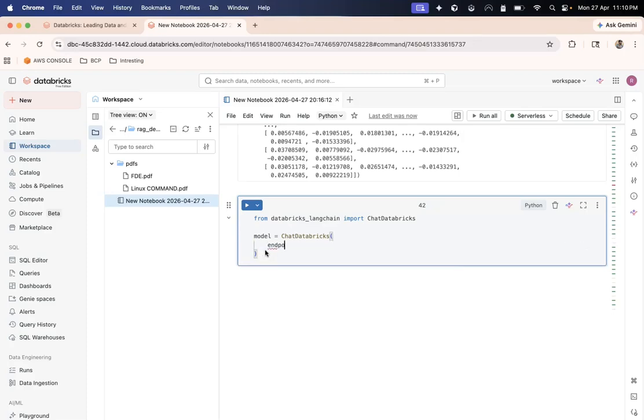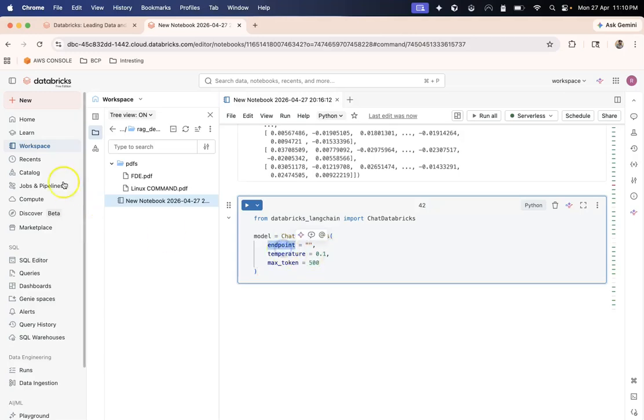There are three things that you can specify. There are other things as well, but I think these three you should specify. I'm keeping temperature low because I want it to be less creative and more based on the sources. Max tokens I'm setting as 500. Now what is the endpoint? Endpoint will be determined by what endpoints are available in your account. Free edition has a Llama deployed free of cost for you, so I will be using that.